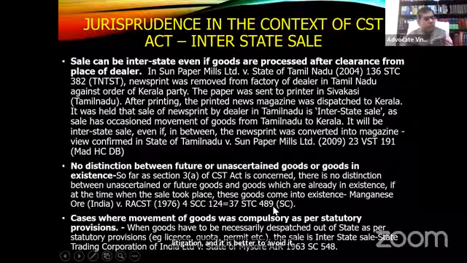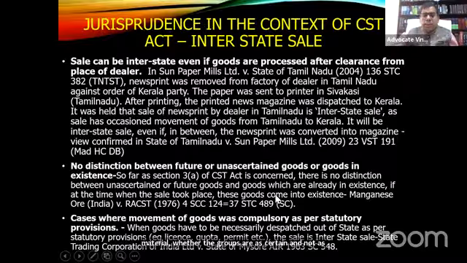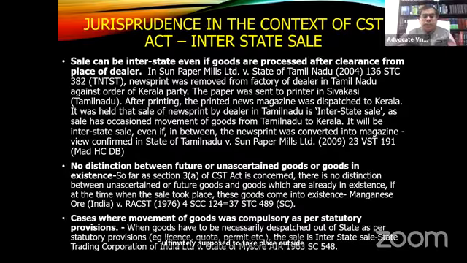Then there is a judgment which says that it is immaterial whether the goods are ascertained or not ascertained, as long as the movement of the goods ultimately is supposed to take place outside the state. Then there is also a judgment where it is necessary to dispatch the goods outside the state as per statutory provisions, like license, quota, or permit issued, etc. Then also the sale is considered to be an interstate sale, even though the delivery by the buyer is taken in the state where, say, the state undertaking is supplying the goods.